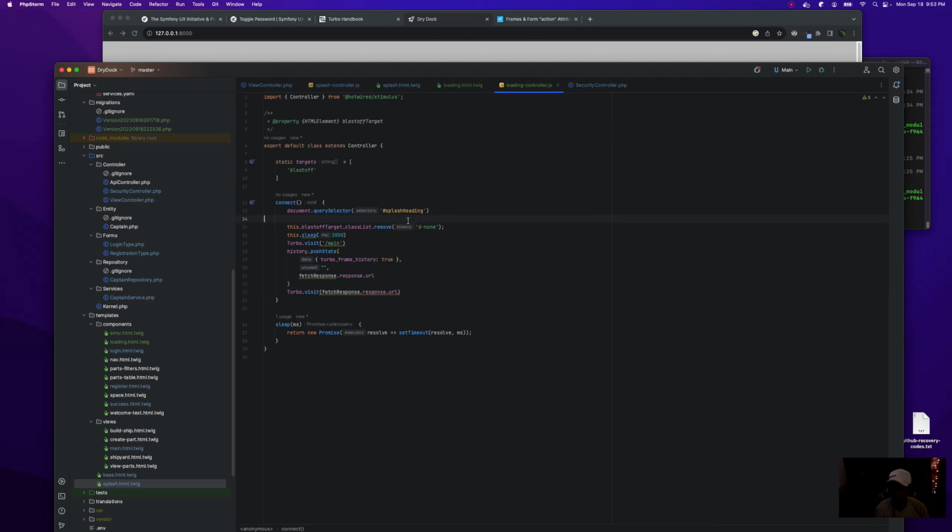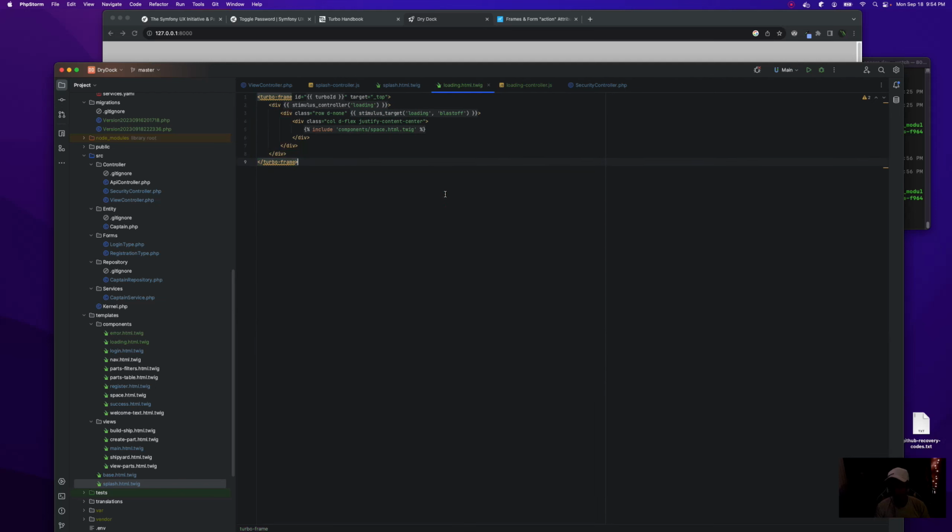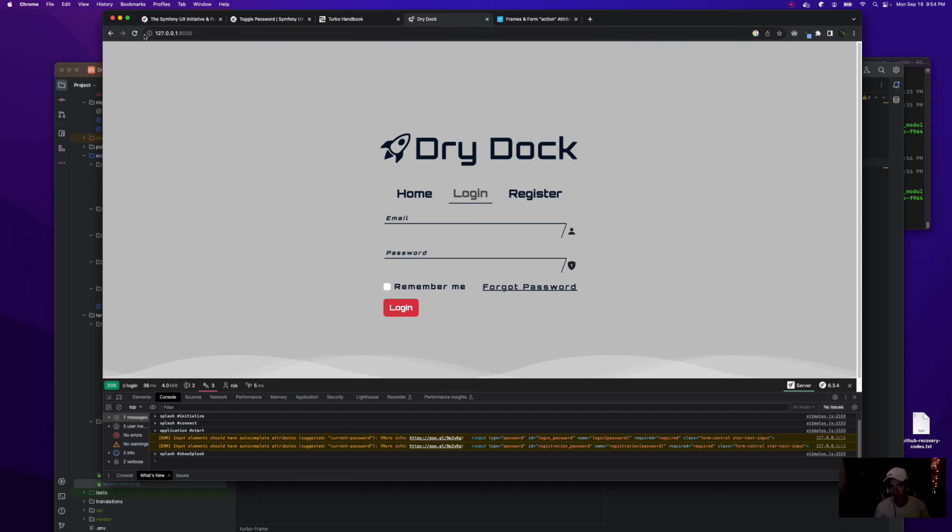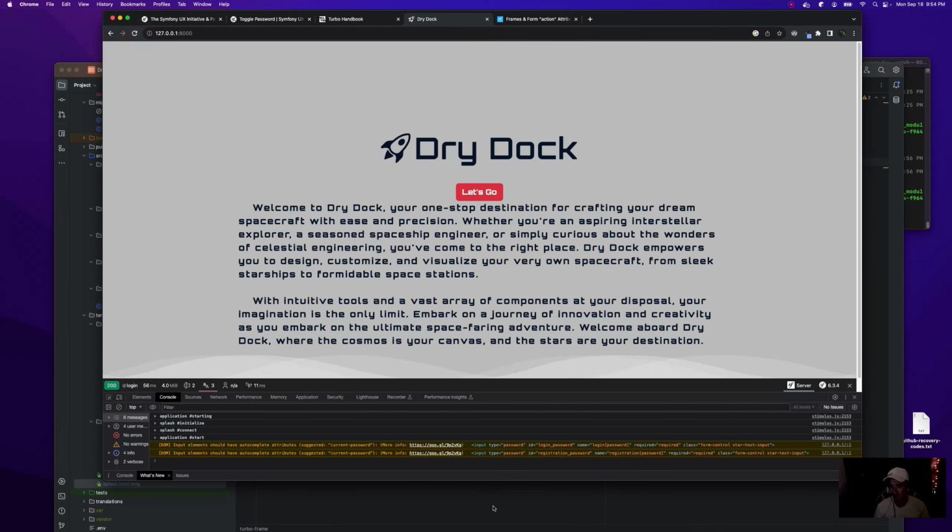Alright, so basically we're hiding the heading, showing the rocket animation, sleeping for 3 seconds, and then we're going to visit our main login route, which could really be anything that we're navigating to, so we shouldn't hardcode that to main. Perfect. So now we can reuse this basically any time to add this rocket animation. We could pass it an animation file or something to load, but that'll be really dynamic. And when it navigates, it should do a full page reload, but using Turbo Drive, so it won't actually be a hard refresh. Alright, let's, oh, okay.